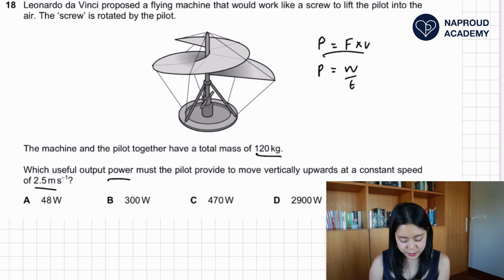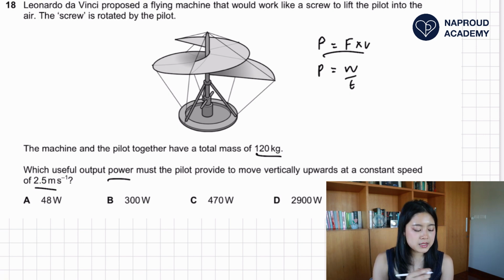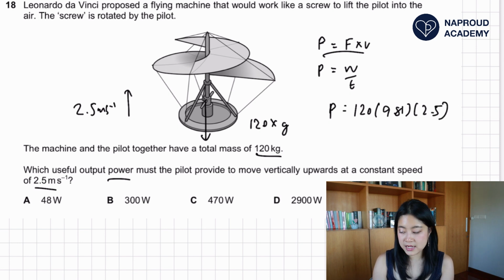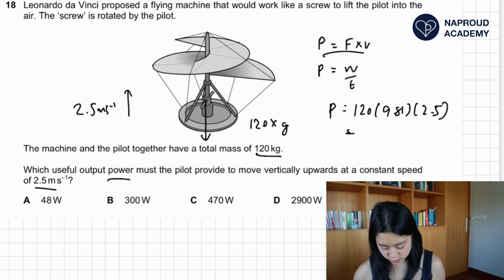But anyways, we also know what the force is. You might be thinking we don't know any forces. But in this case, as it's moving upwards at the speed of 2.5 meters per second, it's always opposing the downwards weight of this flying machine, which is 120 times gravity, 9.81. And so the force would be 120 g, which is the weight of this flying machine, and then the velocity would be 2.5. So we have P is equal to 120 times 9.81 times 2.5, and then we can calculate that to get the answer, which should be